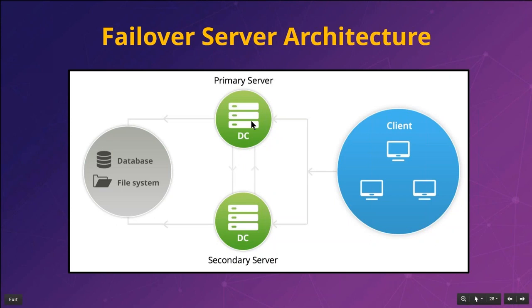You can have two instances of Desktop Central, which is primary server and secondary server when you configure it. And you need to have a common database, which is the Microsoft database. We support MSSQL database for now. So once you have a common database and common repository for your patch and software, you can have a failover architecture like this. And your clients, whenever the primary server fails, the clients will automatically get connected to your secondary server. It will start the secondary server and you will not have